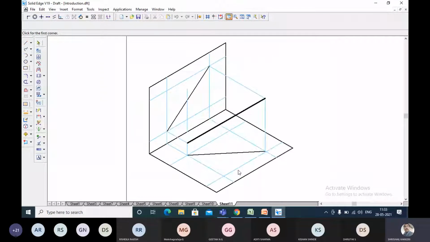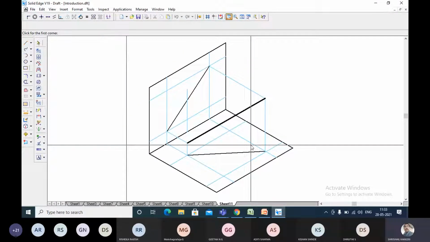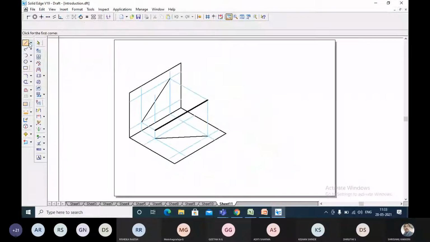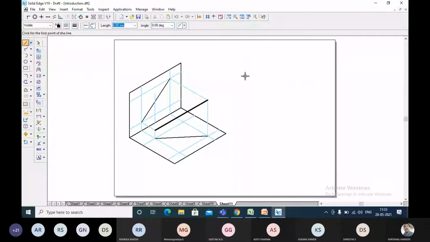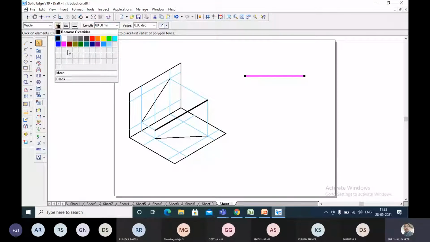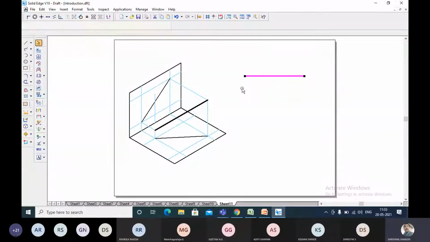Now let me take one line. Before I solve the problem, let me take one line. Okay, I have taken an object. For example, say it is the object I have taken. Now the person is here, looking from this end.